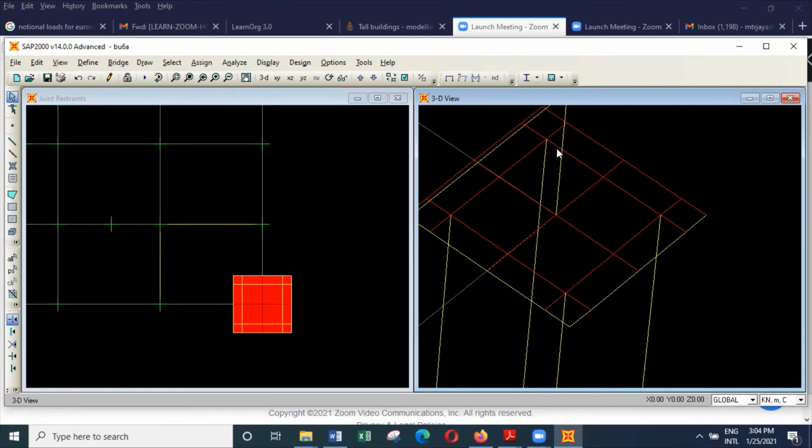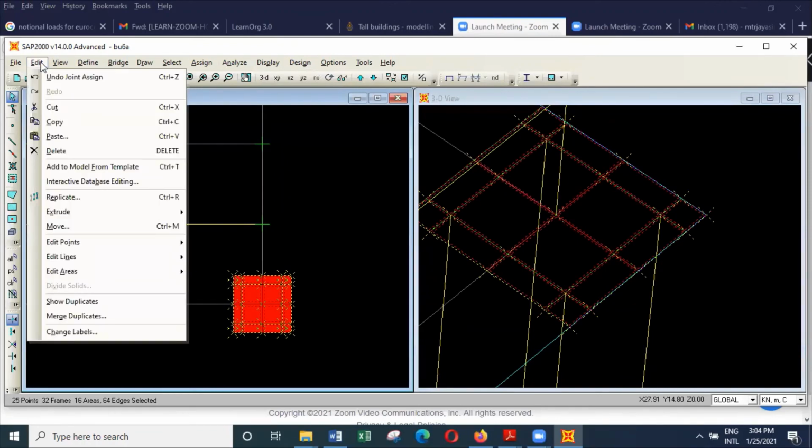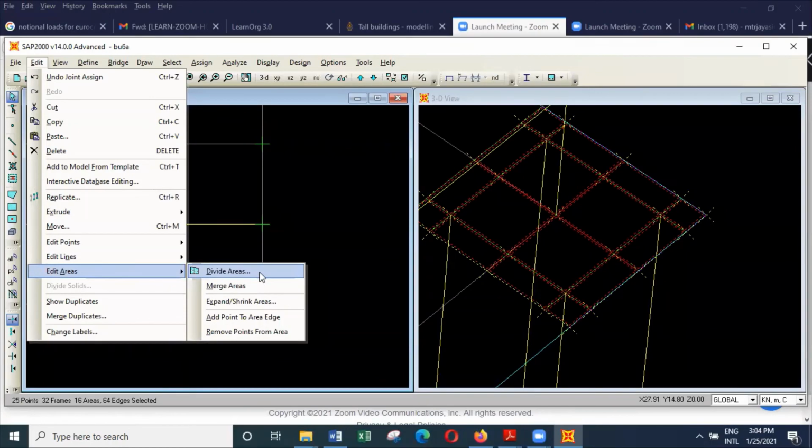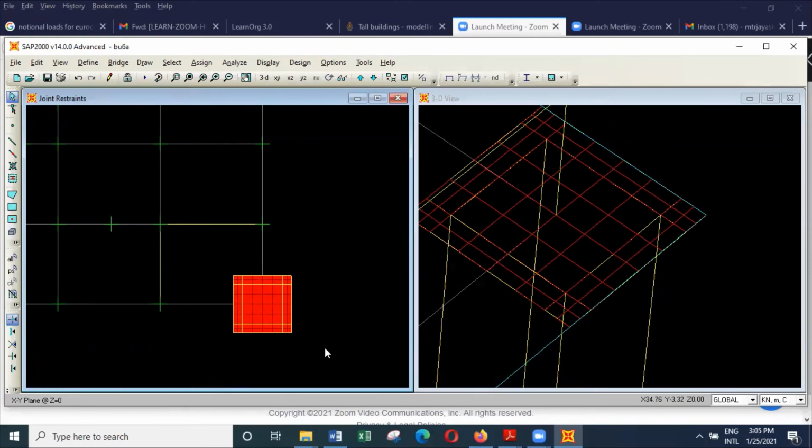So this way you can ensure that there's proper connectivity between the piles and the column, where all are combined together by using the pile cap. And then you can refine this if you want, and you say edit areas and divide the areas into further 2 by 2, and you will get a finer mesh, and that way you can get better results. So this way you can create the pile cap,